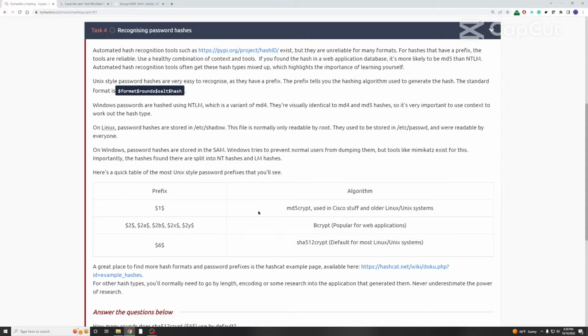Unix style password hashes are very easy to recognize as they have a prefix. The prefix tells you the hashing algorithm used to generate the hash. The standard format is $format$rounds$salt$hash. Windows passwords are hashed using NTLM, which is a variant of MD4. They're visually identical to MD4 and MD5 hashes, so it is very important to use context to work out the hash type. On Linux, password hashes are stored in